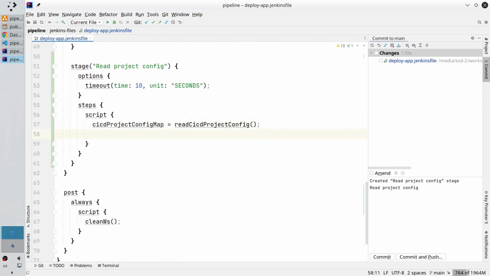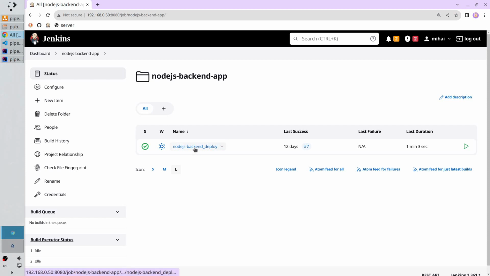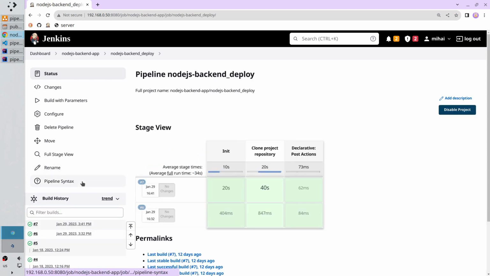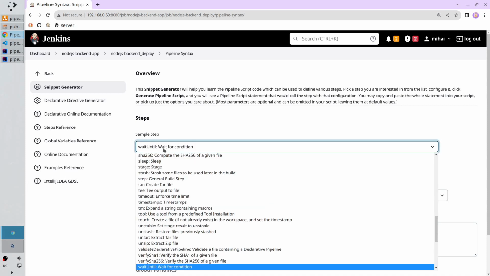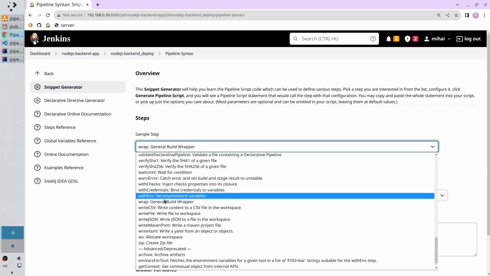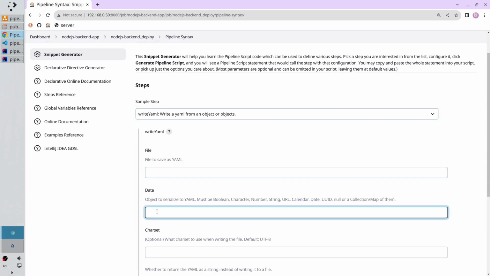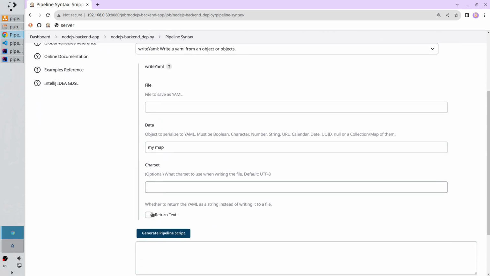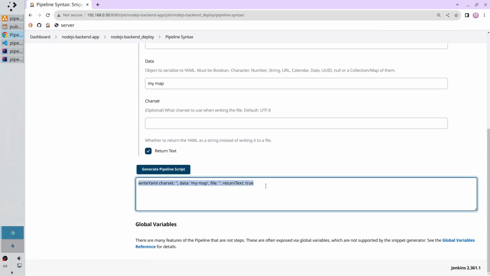Create a new line. And now I want to print the map. I will use Jenkins syntax. Go to Jenkins, open pipeline folder, open the pipeline, click on pipeline syntax, snippet generator, and search for write YAML. It is it. No file. For data I write my map. I will change it later. No charset and select return text. Generate the script, copy it,